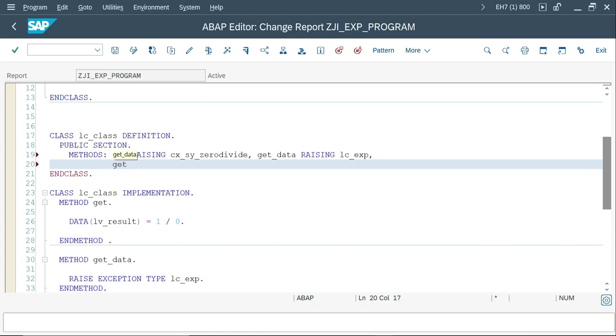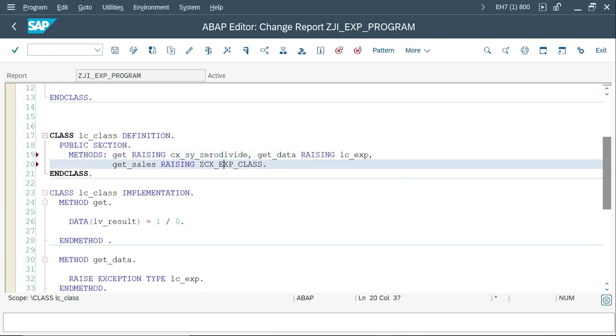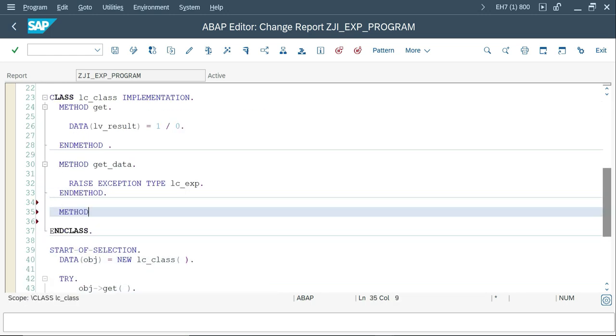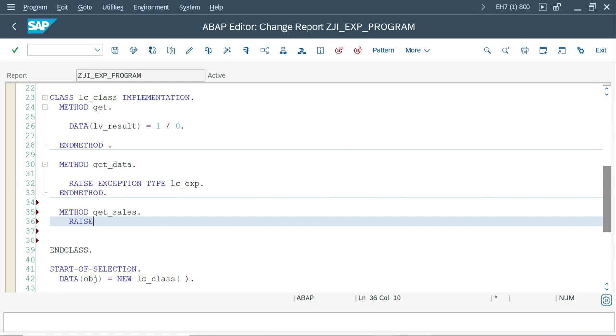Okay, get sales. So here also I'm going to write RAISING, because sometimes what happens, by default we can add this statement, because sometimes if this exception is going to be used by some other developer, they might try to capture the exception outside of the method only. Okay, so that is the reason by default we are using the RAISING option in the declaration of your method. Okay, safer side. So here this is the raise and this method to be implemented. I'm not adding any logic here because the logic depends on your need. So you can write logic and raise an exception with the help of an IF condition, whatever it is. Exception and type is this one